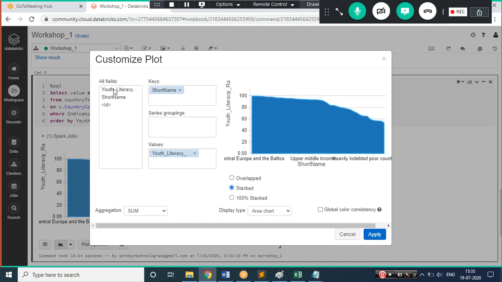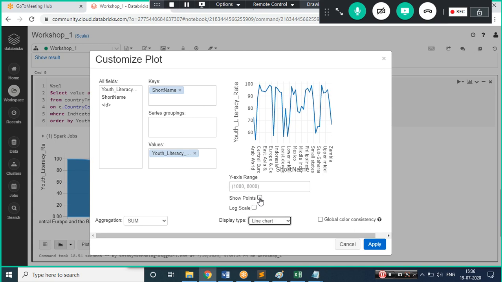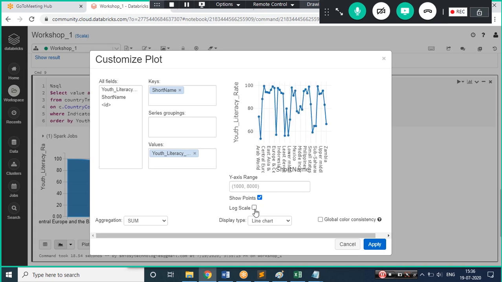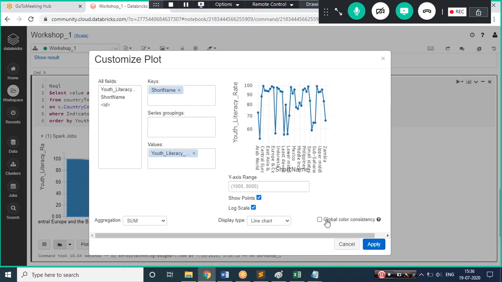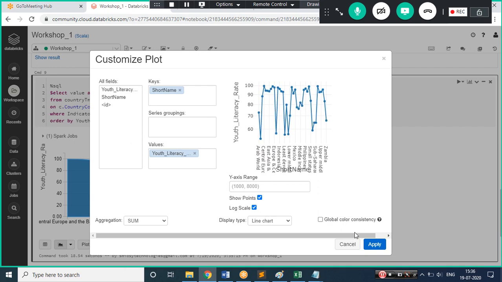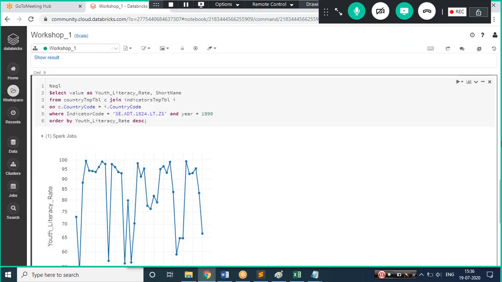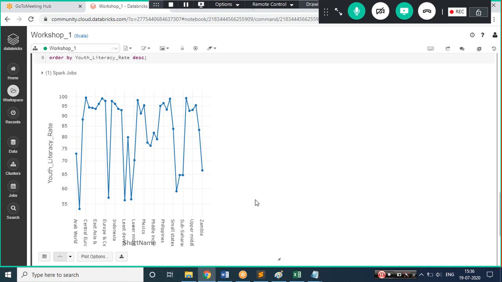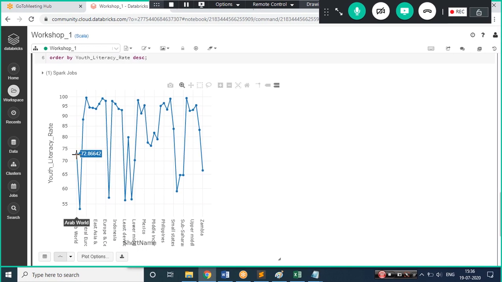Okay, and this is not making sense. If you want to go for line, let's show the points where the values are changing, and let's try the scale and show it globally. Okay, so depending on a particular year, it shows you for which country what was the rate of youth literacy.